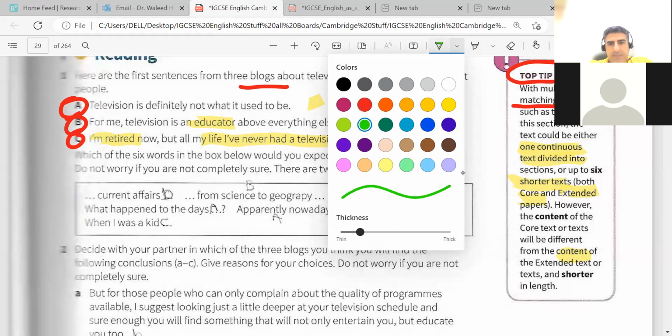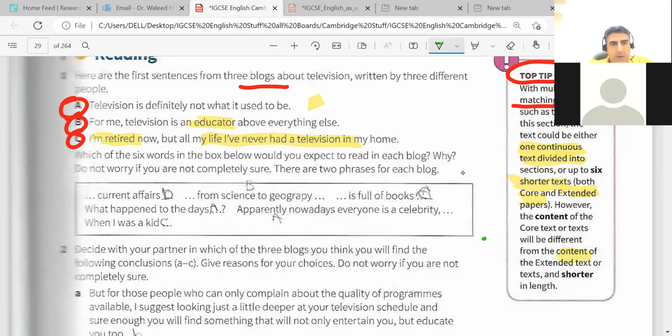What do you think? C. But C, he doesn't have a TV. He doesn't have a TV in his home. Right? He doesn't have a TV. So it should be